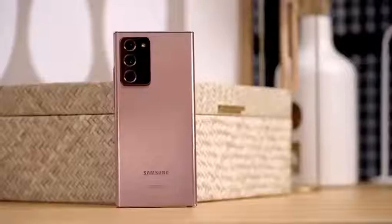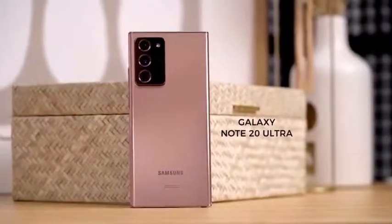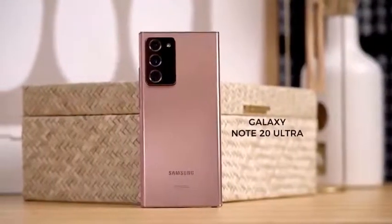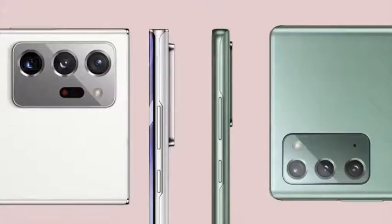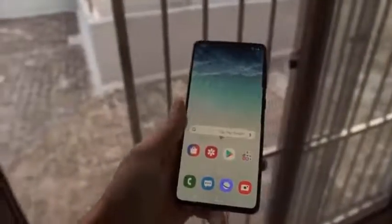I know a lot of you are not fans of the big camera box. I quite like it. Samsung says the camera housing was redesigned, and it really helped. It's almost as large as the module on the S20 Ultra, but it doesn't feel as monstrous. We appreciate the design of the phone. Samsung says it was intended to feel more sophisticated, and that's a perfect way to describe it compared to the